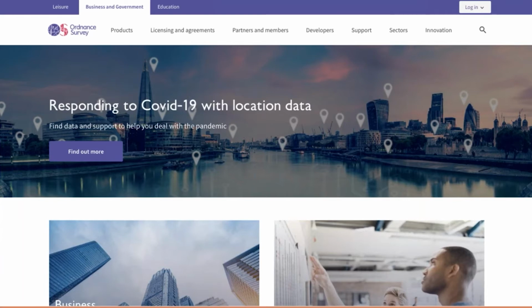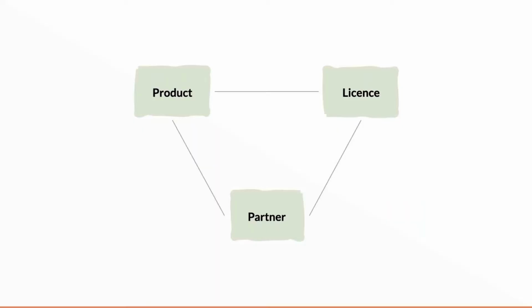And when we did some modeling work on Ordnance Survey, we discovered that actually, yes, it's complicated, but it boils down to 3 pillars. So there's a product, there's a license or an agreement to use that product, and then a partner or an organization or someone who can show you what system you need to use the product.